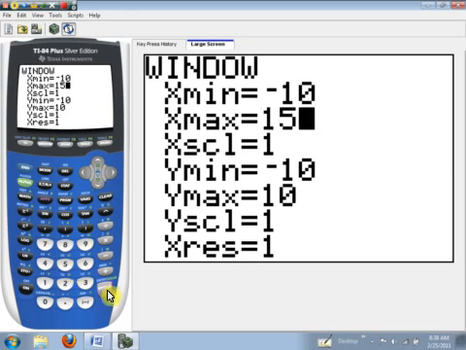So I'll change the x-max to 15, and allow me to change the x-scale to 2, just so all the tick marks aren't all cramped up together. The y-min is okay at negative 10, but the y-max, remember, that wasn't quite tall enough to get the vertex, so I'll change that to 15, and we'll go ahead and change the y-scale marks to 2. So as we look up the y-scale, past the x-axis, the increments will be like 2, 4, 6, 8, and so forth. Now notice when we graph the function